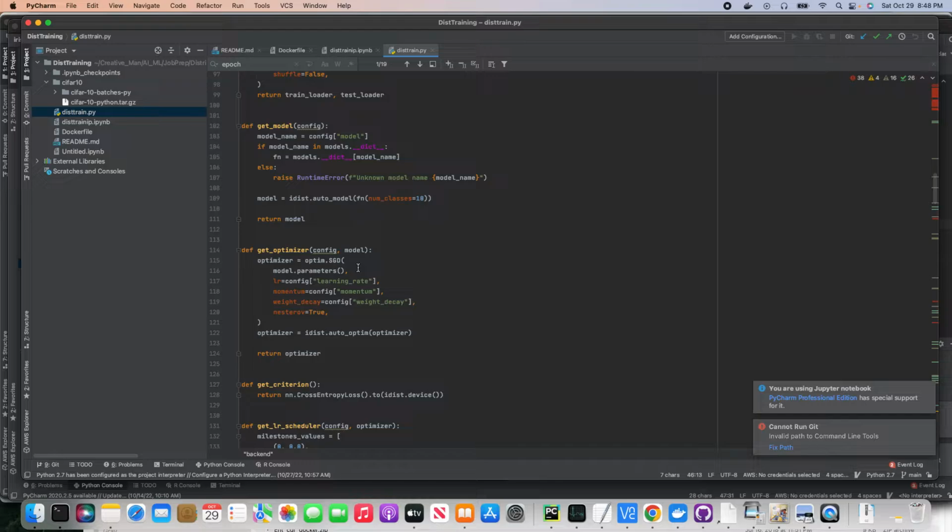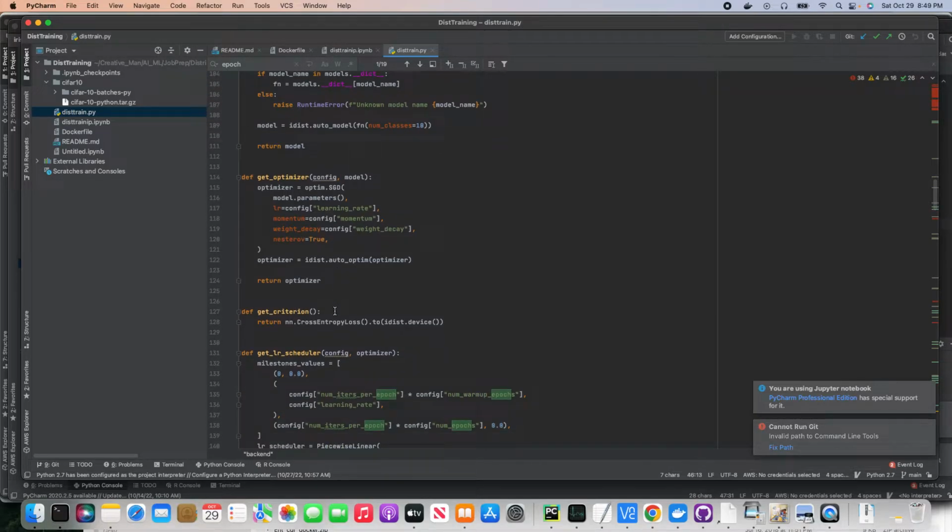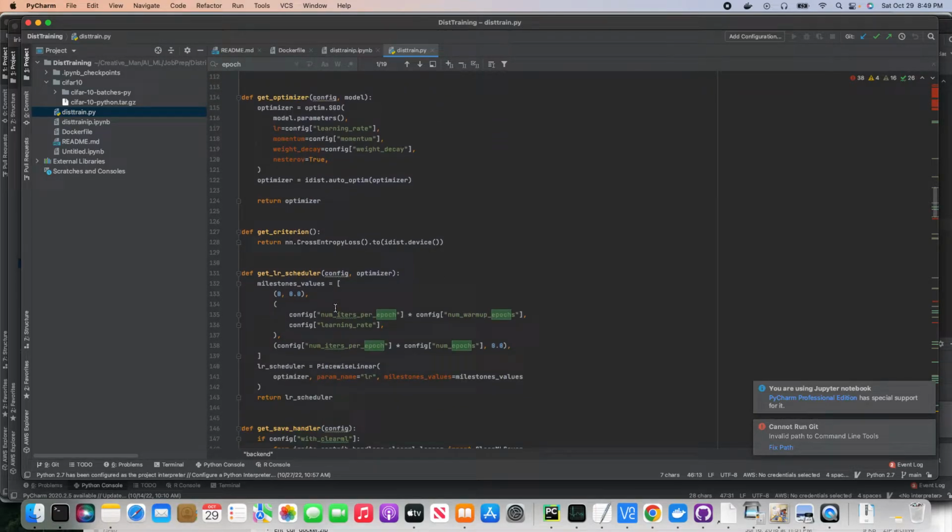That's why it is called stochastic gradient descent. The idea is to minimize the loss, to find the point at which there is minimum loss. So that's the optimizer, and we use cross entropy loss,